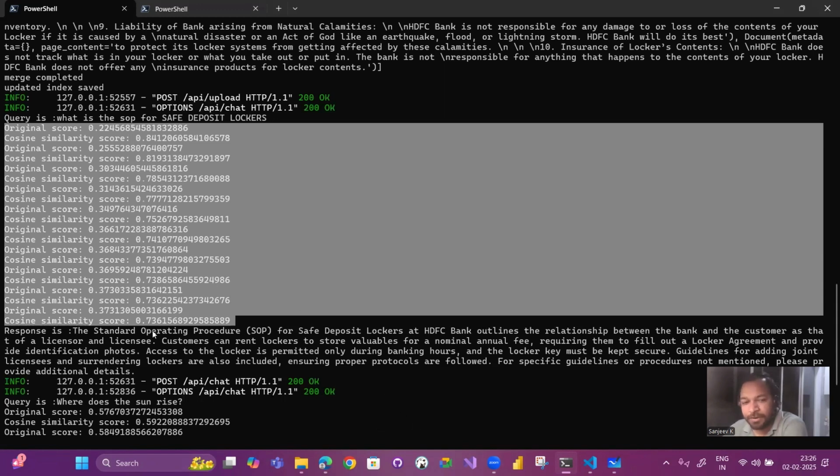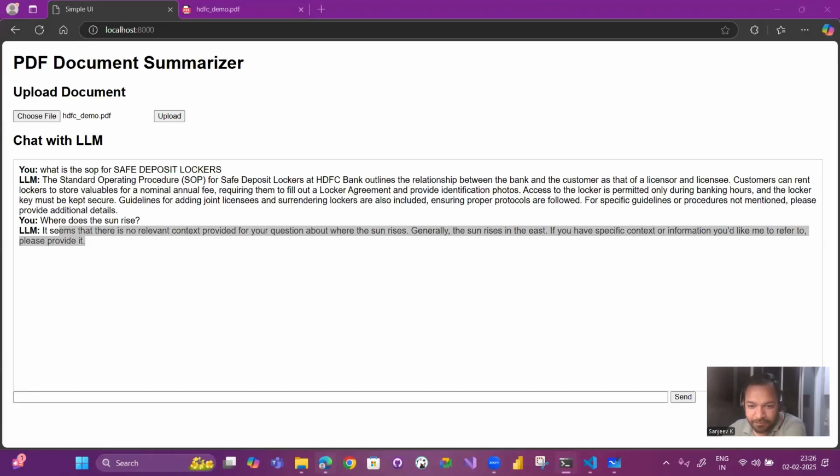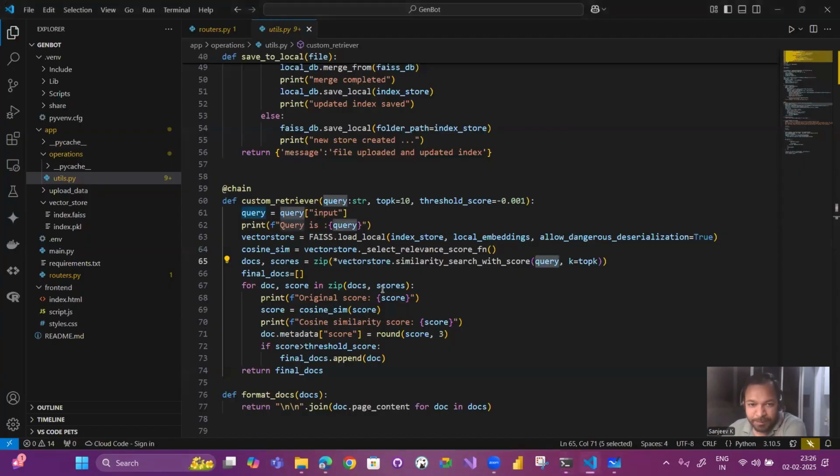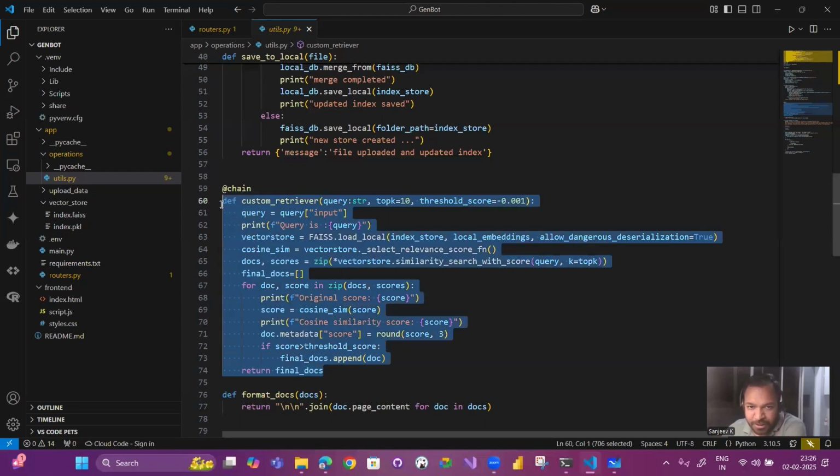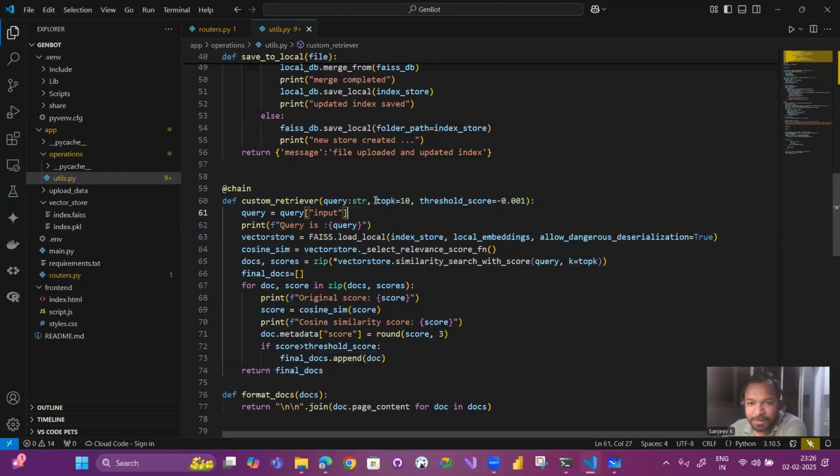Probably you will have many other chunks, but they would not be necessary for this particular query. So this query search is happening in this custom retriever, where we do a cosine search and get the top 10 documents.